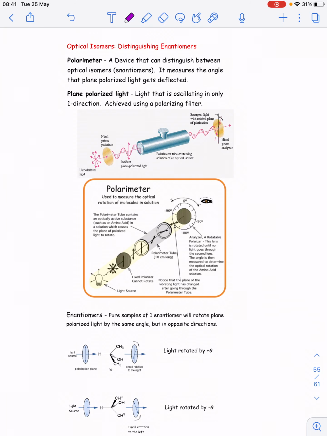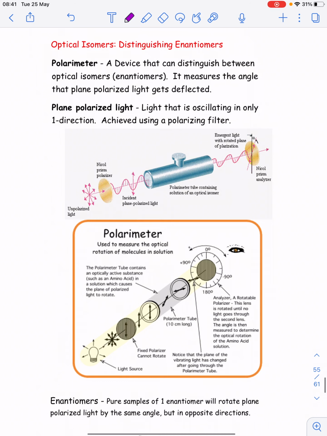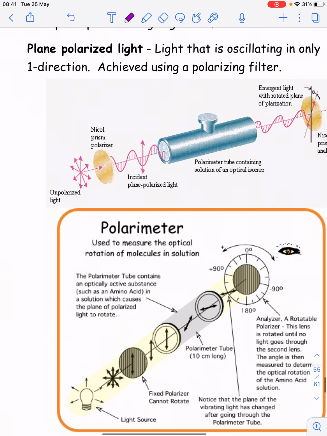So how do we distinguish between different optical isomers? The way we do that is with a machine called the polarimeter, which uses something called plane polarized light. So we talked about before how enantiomers have identical physical properties except for the way in which they rotate plane polarized light. So if you think about unpolarized light, represented here, you'd have waves of electromagnetic radiation that are coming